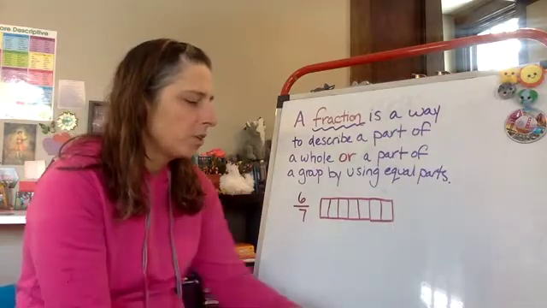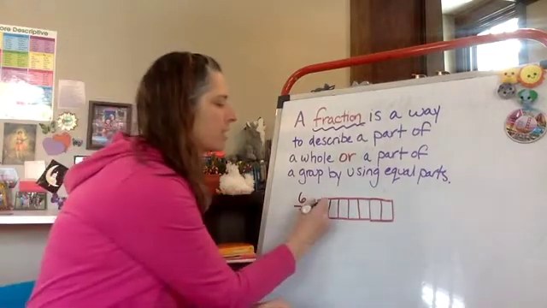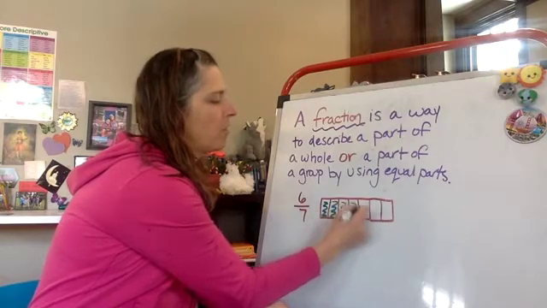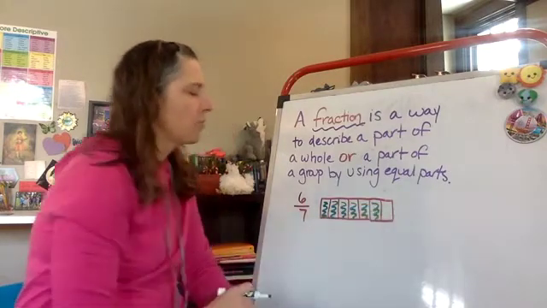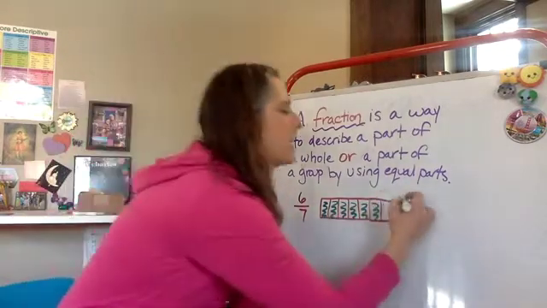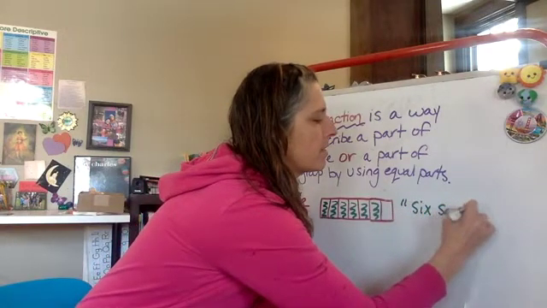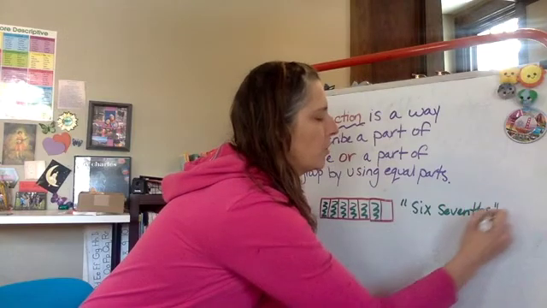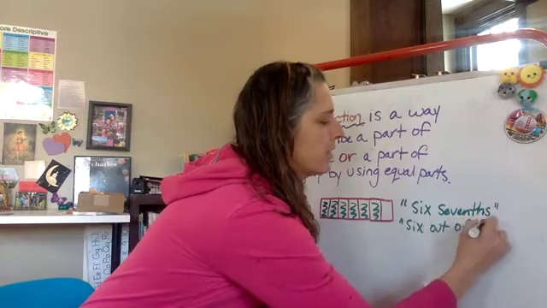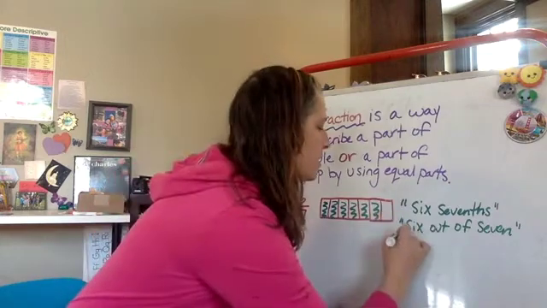Then what I'm going to do in order to represent it is I'm going to color in 6 of those parts. 1, 2, 3, 4, 5, 6. So right here is a fraction that represents 6/7. So I would say it right here as, in quotation marks, "6/7." Or I could also say 6 out of 7. I could also even say, if I wanted to,